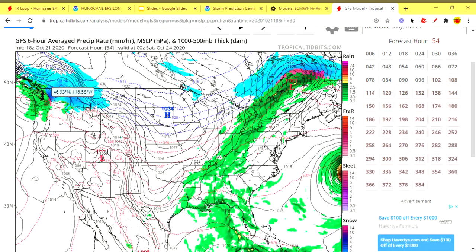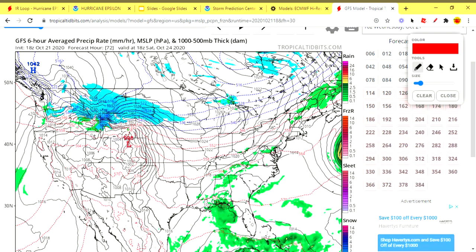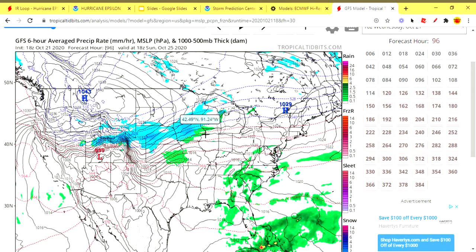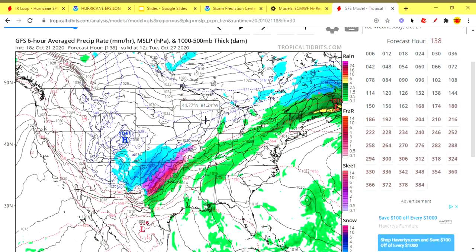We have a little bit of snow in western Montana. It really starts to move into the northern Plains around Saturday afternoon. We have a lot of light, moderate, and even some spots of heavy snow in this area, like South Dakota, North Dakota, Montana, and Wyoming. But then as we go later, you can see it moves further southeast, brings some light to moderate snow for areas like Iowa, Kansas, Nebraska, Wisconsin, and then it comes into the south, like Texas, Oklahoma, and Kansas,